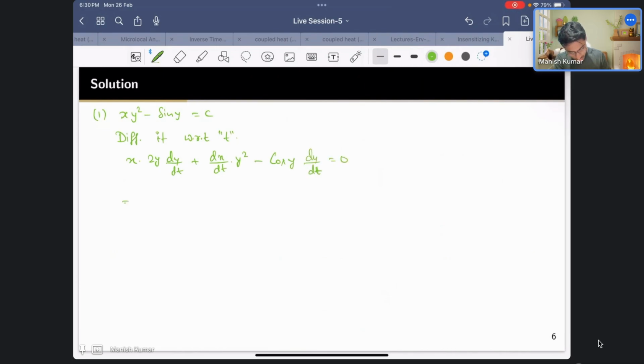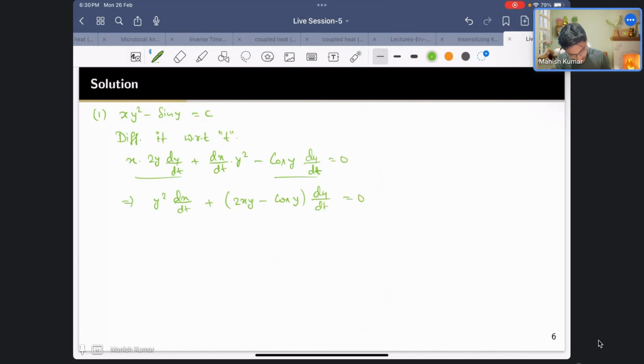Correct? So you can take this dy/dt common from the first and the third term. So what you have is y square dx/dt plus 2xy minus cos y dy/dt equal to 0,